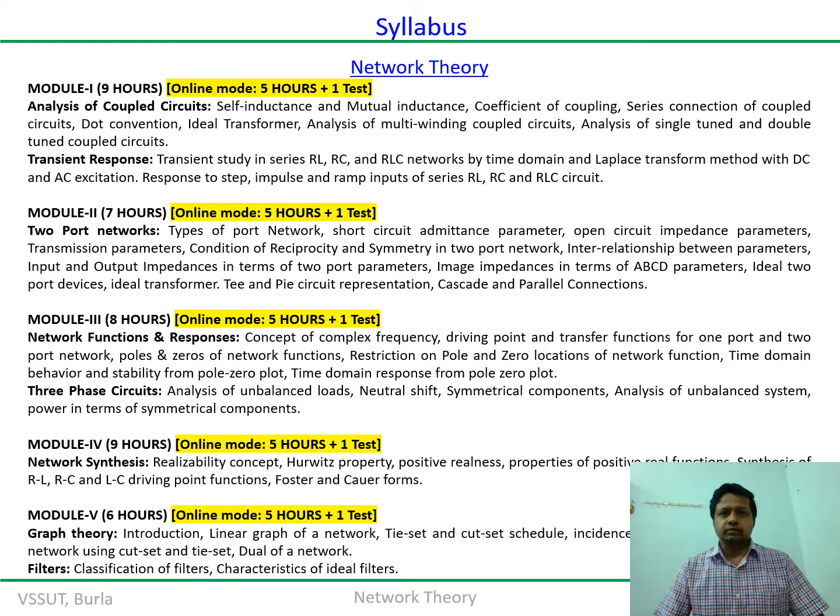A network can obviously have n number of ports. The simplest could have one port, then it can have two ports. As far as our discussion is concerned, we primarily restrict ourselves up to two ports under this syllabus. It should be noted that around 95% of applications in your day-to-day life, whether commercial, scientific or industrial, are drawn with the help of some combination of two-port networks. This is the most popular one.